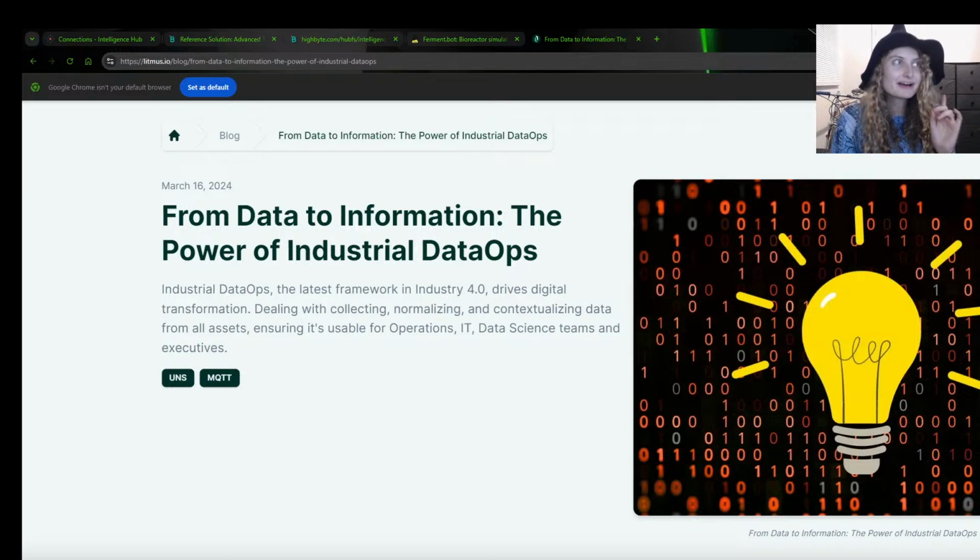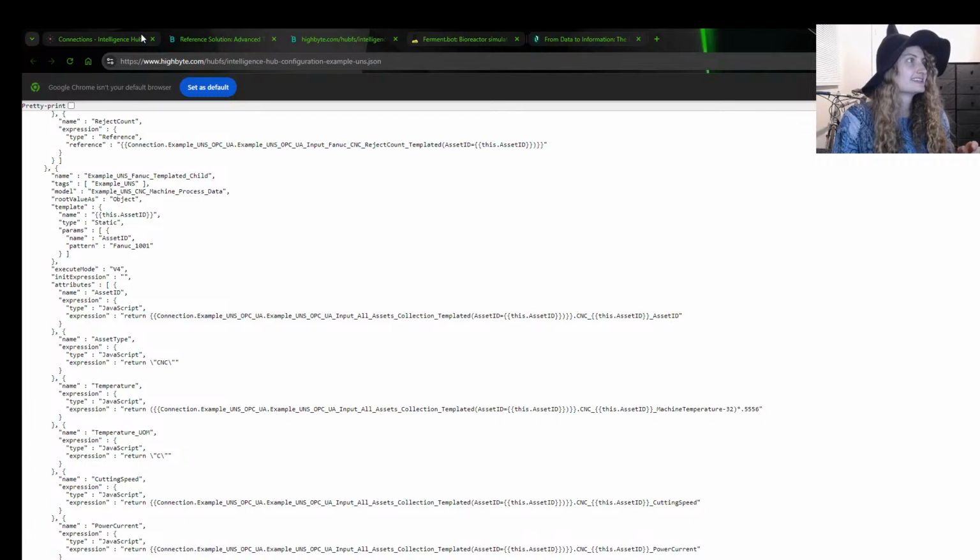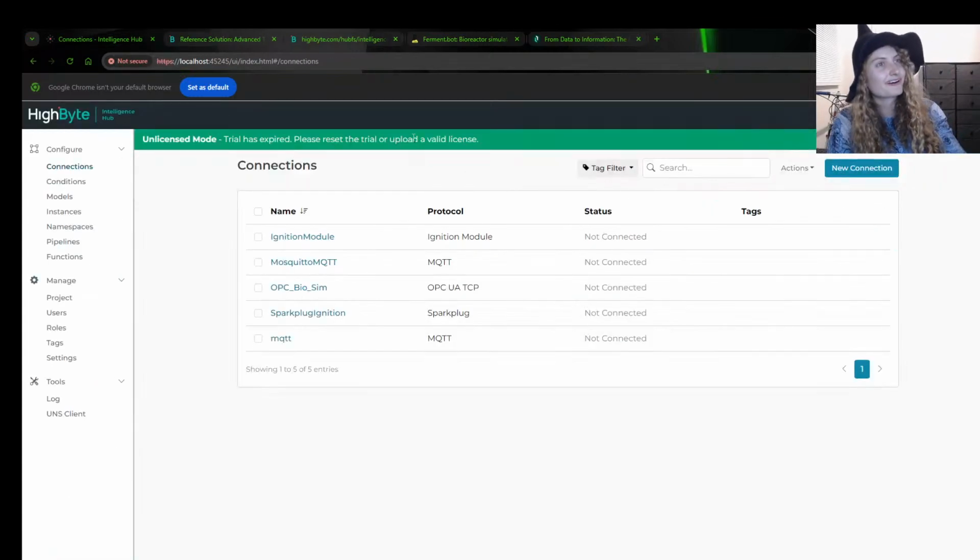But what HighByte has going for it is this beautiful little bar at the top of that 2-hour unlimited time trial. It's just like Ignition. You could build a fully functional enterprise class solution without paying for anything until you want it up 24 hours running, right? Now, I want to give one honorable mention. The other big